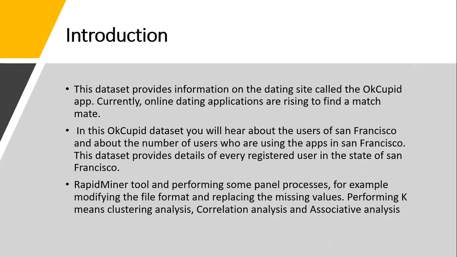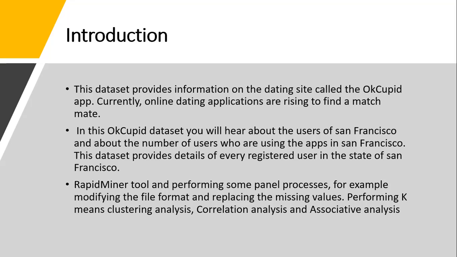This dataset provides information on a dating site, the Cupid app, an online dating application aiming to find a match for people. In this Cupid dataset, you will see the users of San Francisco, the reviews and everything about it. The app is basically used by people of San Francisco, and the users are mostly from San Francisco